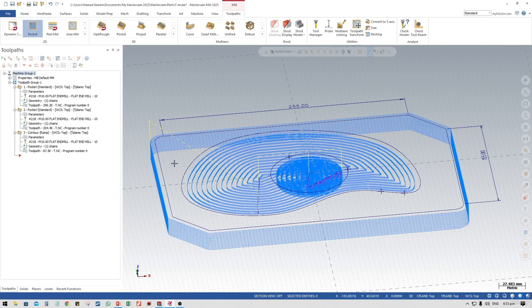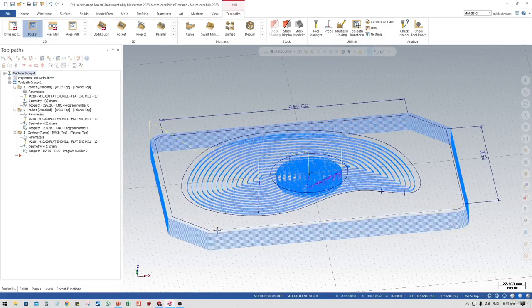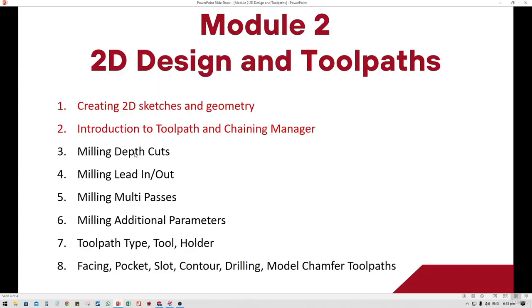Then we're going to set the depths. In the coming videos we're going to discuss the milling depths and cuts, just like what I have done over here. We have done 10 millimeter or 20 millimeter depth here, so we're going to discuss this in the upcoming videos. Okay, so I hope you understand